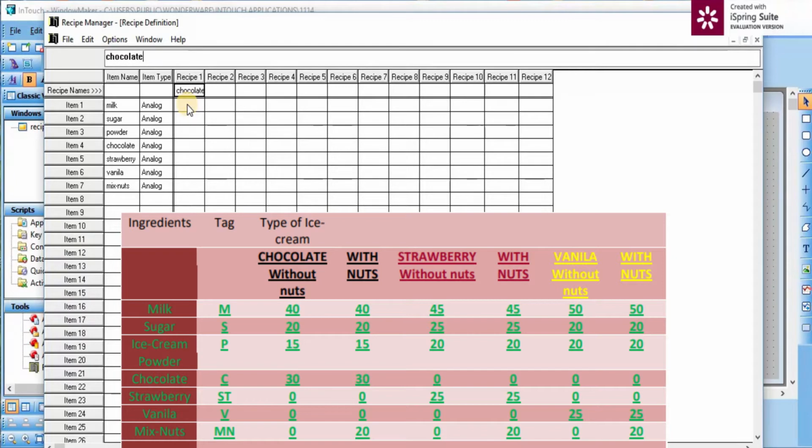For chocolate flavor without nuts I used milk 40%, sugar 20%, powder 15%, chocolate flavor 30%, strawberry 0, vanilla also 0, and this is without nut flavor, so mixed nut also 0. Give the recipe name.